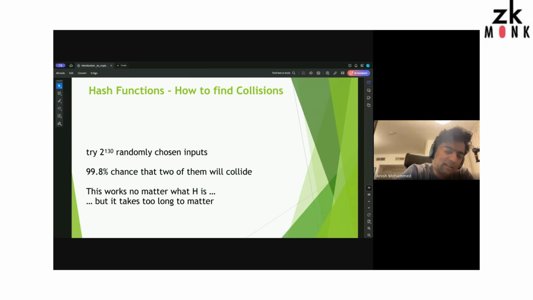I think I'll try and describe this in a very simple sense. I'm sure you've heard that if you have enough monkeys on a keyboard, you can get Shakespeare. The same thing applies here. You apply enough randomness at some point in time, you would actually have collisions. It has to happen.